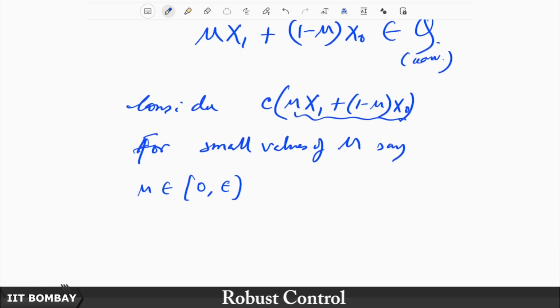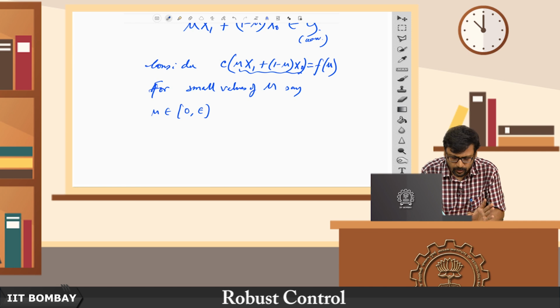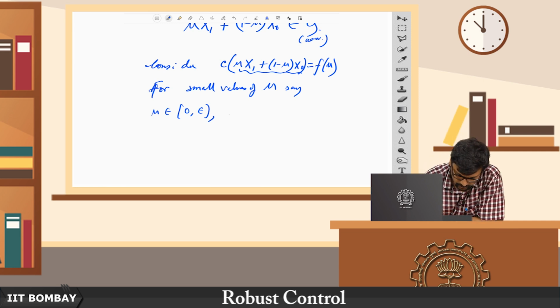So, we can now call this a function of mu alone. Remember, x1 and x0 are constant points now. x0 is particularly that local minima point, and x1 is some arbitrary point. So, only mu is varying now, so this is a function of mu. For small enough values of mu, we know that